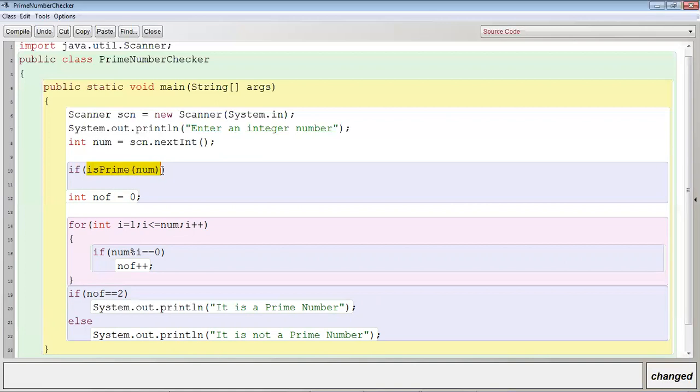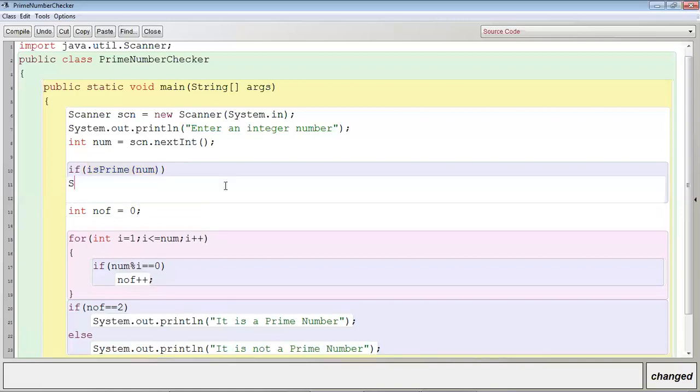We can write a relational expression, which can contain relational operators, logical operators. Ultimately, we need true or false. And within the parenthesis of if, we can call a manipulative method, which is a method that gives you either true or false. We can call such methods. Clear? isPrime of num. If this method is returning true here, I will display